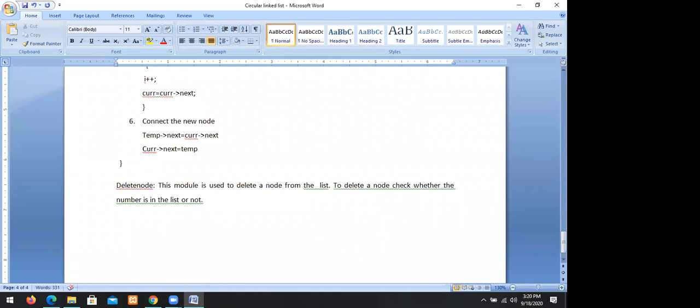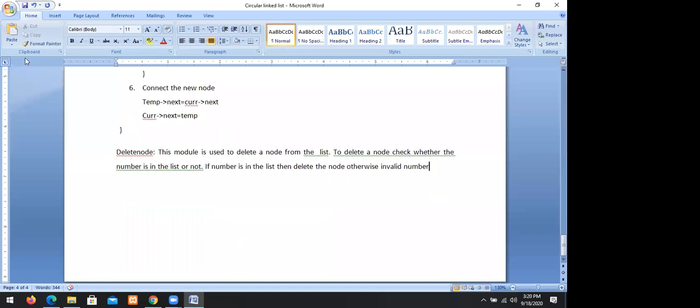To delete the node, check whether the number is in the list or not. If the number is in the list, then delete the node. Otherwise, print invalid number.